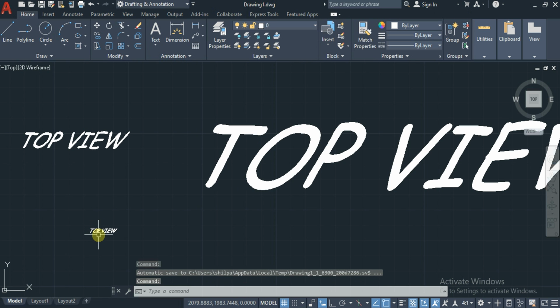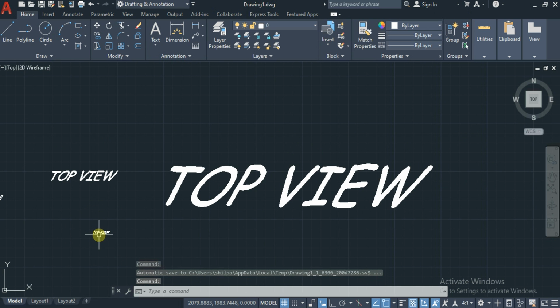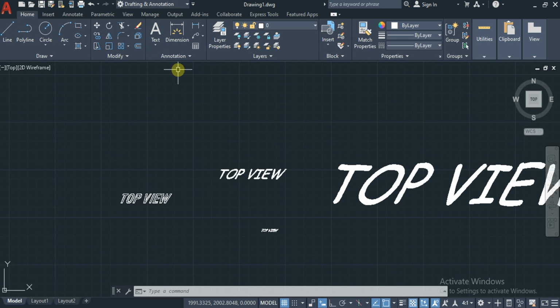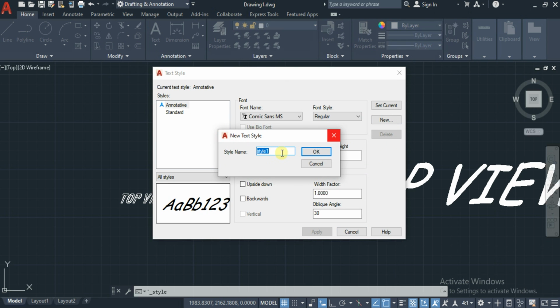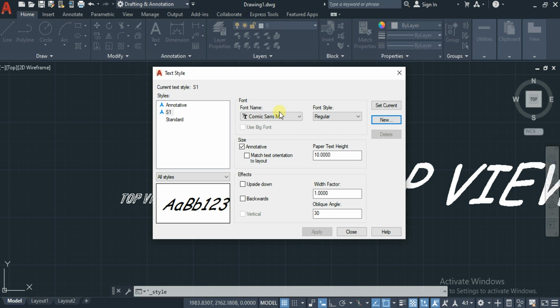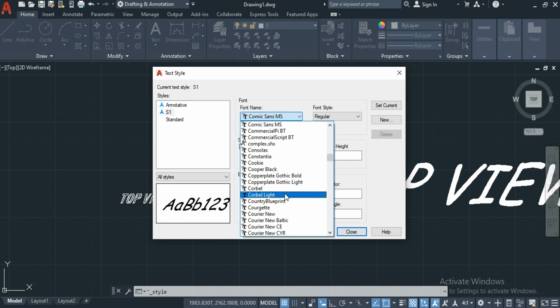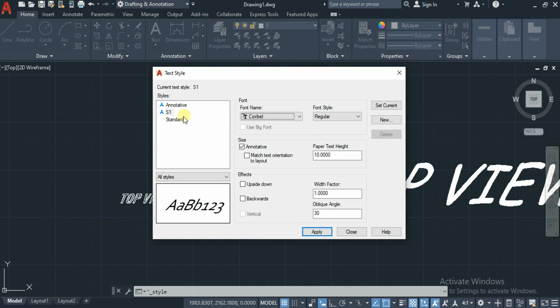Okay, like this we can apply these sizes and we can adjust on the screen if required, or else you can fix the size and you can make it as a standard style and you can use on the screen. So if you want to create a new style, just click on this and you can click on new. So whatever name you want to provide, you can provide there. If I want to create S1 and OK, and whatever font I want to give, I can give there. Say for example, let us select this one. And if you want to create this as annotative style, just click on annotative. I mean, you have to check the annotative size here under size option. If you want to create it under standard, just uncheck this box.